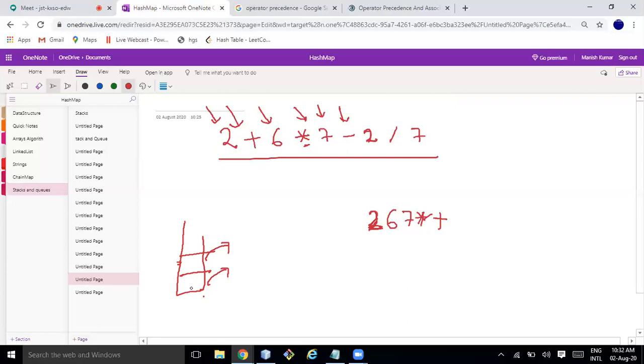I try to get top, and top returns null. I compare null with minus, which has higher precedence? Minus has higher precedence, so I push it. So the work of minus is over. Now I go to the next element. I found an operand, I'll write it.